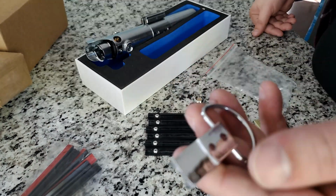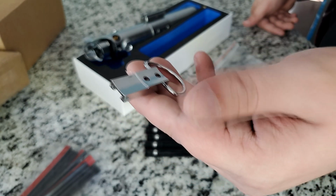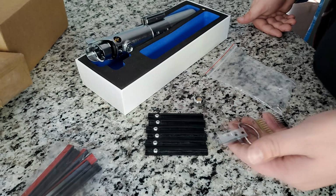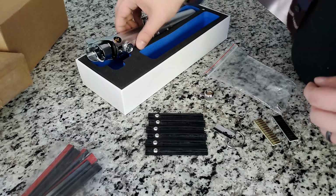They call it a kobold grip because it was the kobold flash gun that they stole it off of. Apparently Star Wars is built on the back of camera flash guns. They just had a box of them, I guess, and they wanted to use all of them. And then so in